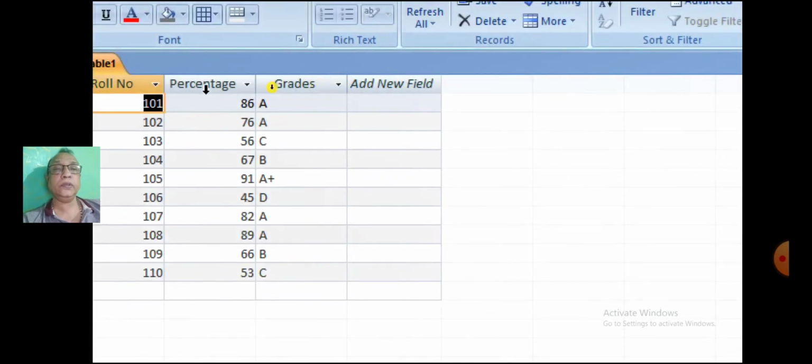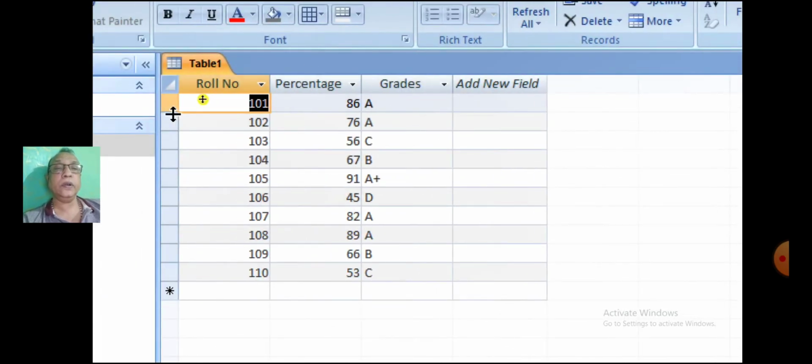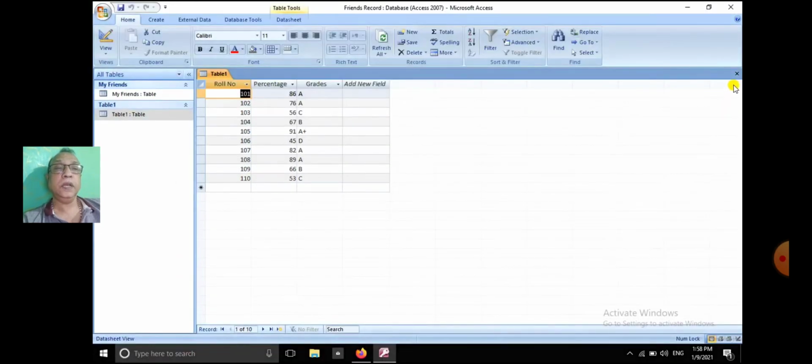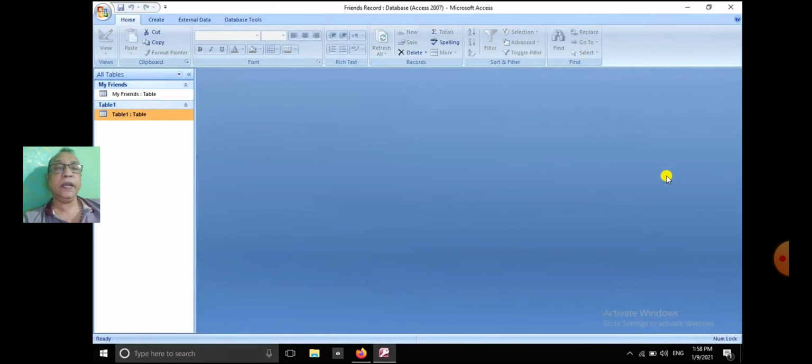So here also 10 records are already entered. Now let us set the relationship between these two tables.